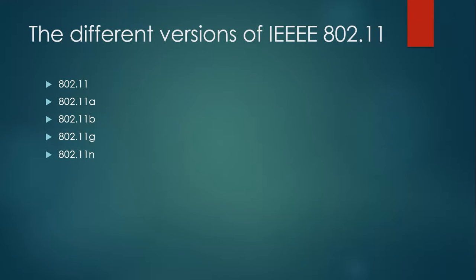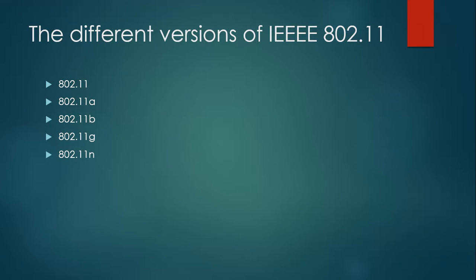At the first point, we'll talk about the different versions of IEEE 802.11. In the IEEE 802.11 standard and features, we'll first talk about 802.11. Its frequency range is up to 2.4 GHz and speed is 1 to 2 Mbps. Transmission range is 20 feet. And the next